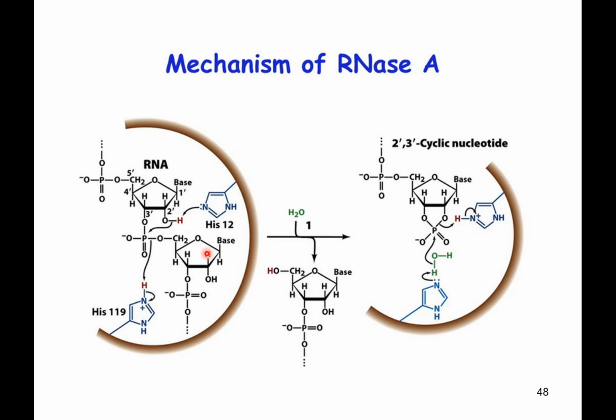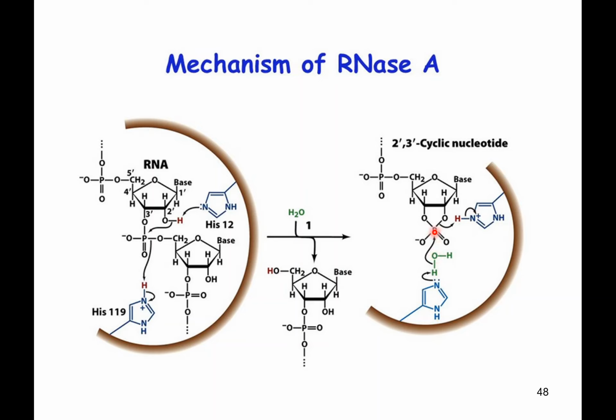What that does is it breaks this part, right? As these electrons grab that proton, this is now its own separate chain. It can leave. We have a ring structure here formed by this phosphate, and then it grabs back the proton that was grabbed by this histidine. Then this histidine can grab a proton from a water molecule, and